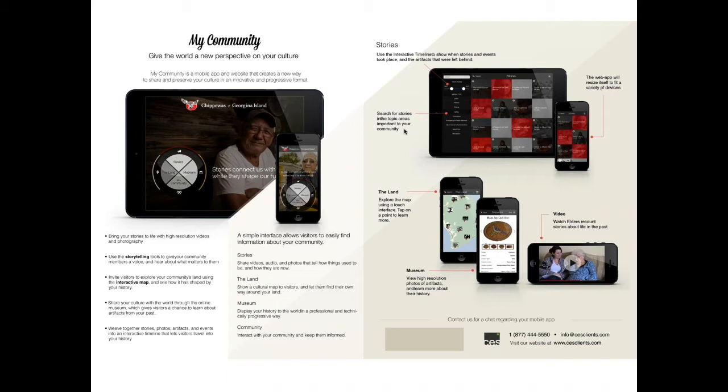All the stories are laid out in a dynamic format, searchable using a timeline and different categories. Things are linked to interactive maps, and it's accessible on your desktop computer, iPads, and apps.